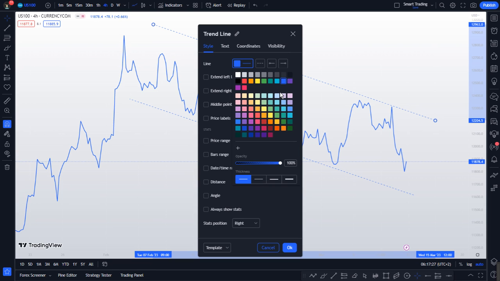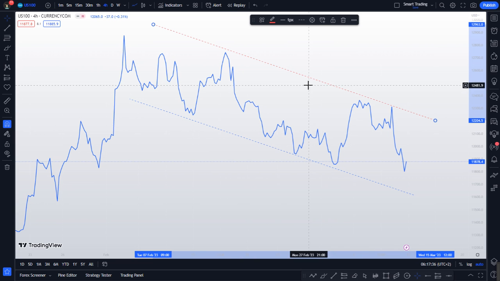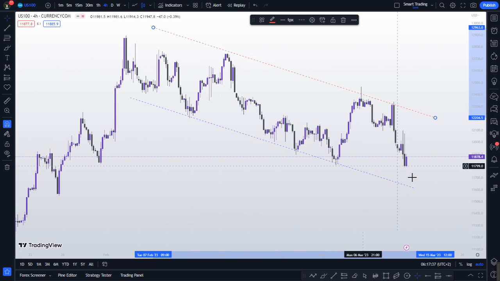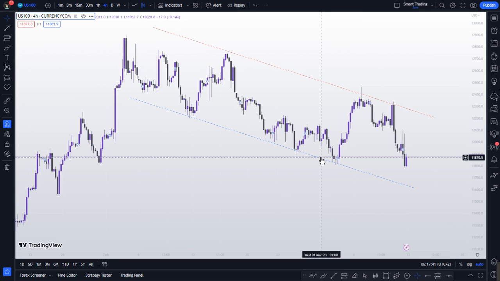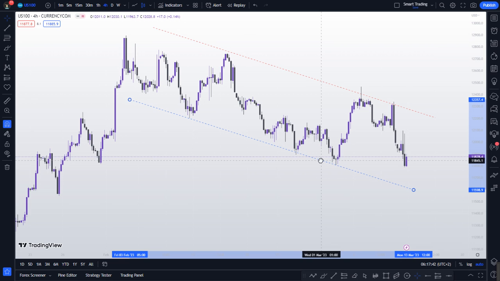Our demand, our low. So I'm just going to turn this one red for the purpose of the video, to remind you that here we are having a resistance and then at the bottom we are having a support. This is our diagonal support, right? We know we have horizontal support, we have diagonal